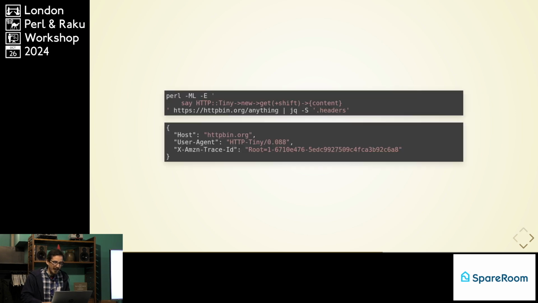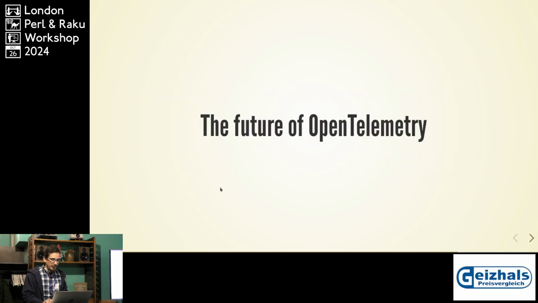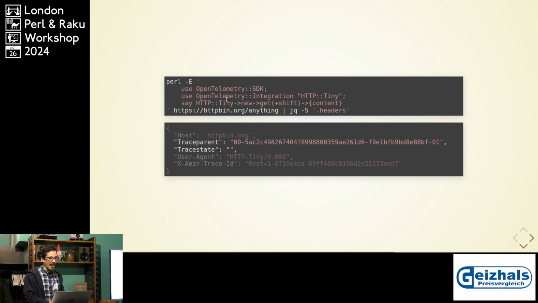I think probably the easiest way of doing this is I have a fake demo. Let's say we run this command here, where I'm basically doing what I showed before. There's an HTTP::Tiny request, and if I look at the headers that we would send, you'll see that there's no tracing data in there. But if I add the two libraries that I described before, the SDK and the integration, then you'll see that